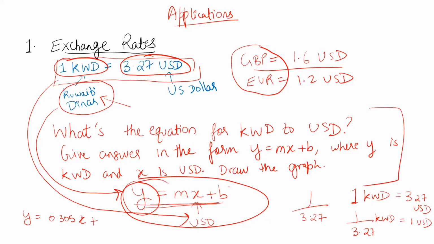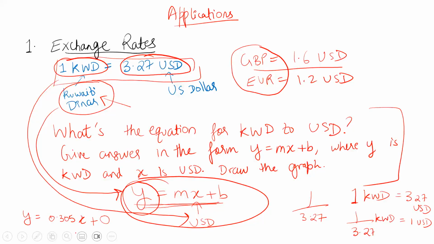And then what's the value of b? Is it the US dollar? It's just 0. Oh, okay. It's 0 because